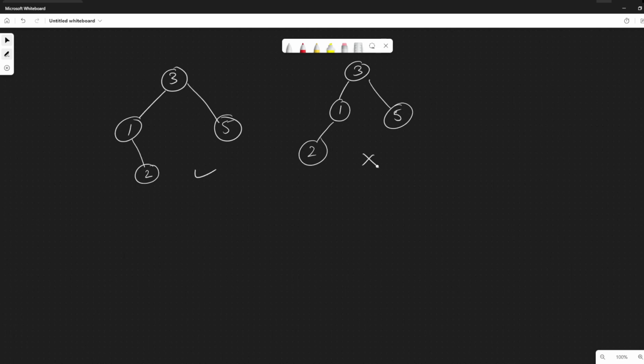No, it is not, because our root node should be greater than what is on the left side of our tree. Basically 1 is smaller than 2 when we are traversing left,